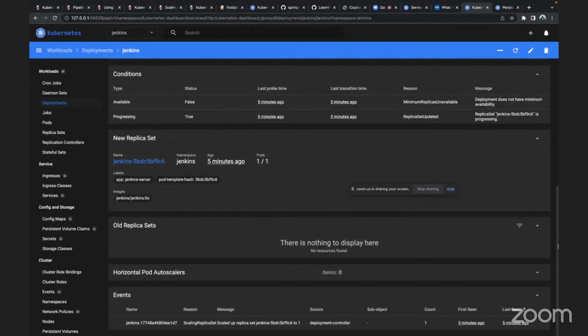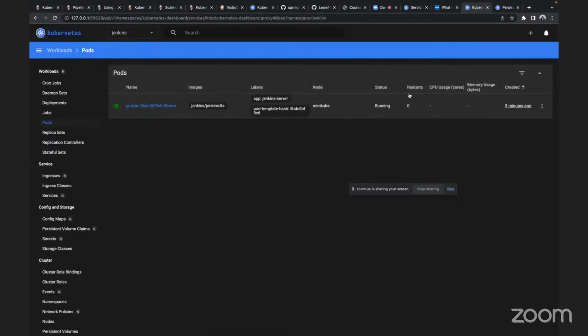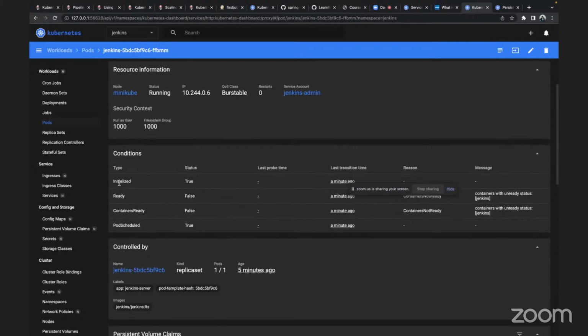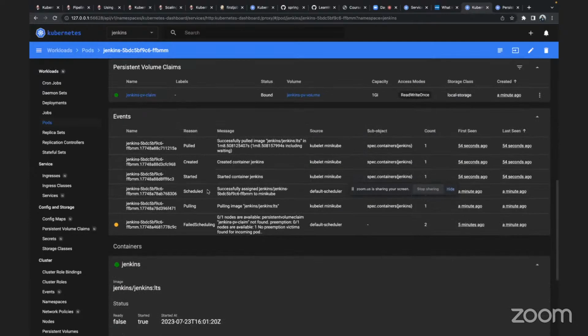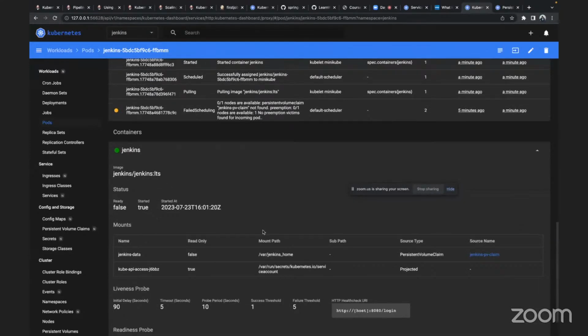Well, you are seeing there is this deployment is available. It is in progressing state, है ना। Pods भी बन गए होंगे। There is one Jenkins pod in running state, and if you go inside it you will see the entire details कि condition ये कौन से state से जा रहा है। Initialize true, ready it's not ready yet, container is not ready, container ready false, pod is not ready, pod has been scheduled। सब कुछ आपको पूरा डिटेल यहाँ पे मिल रहा है। What persistent volume claim has been attached to this pod, what are the events available here, container का डिटेल।